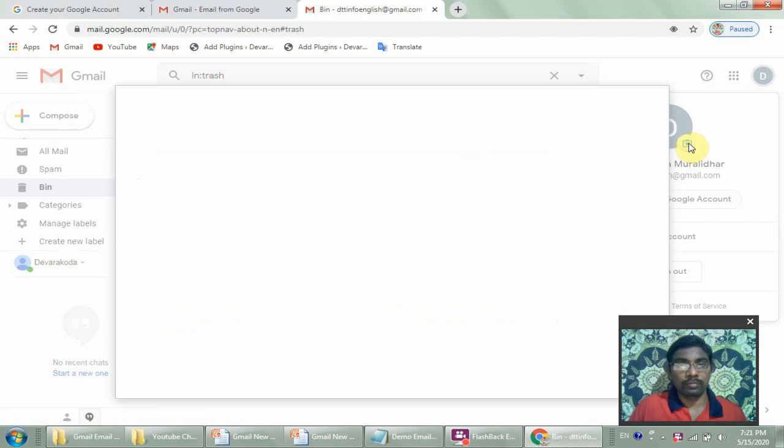So after you click on that camera option, it asks you to load any of your profile pictures. Whatever picture you have, you can upload to your Gmail account. It's very simple, friends.